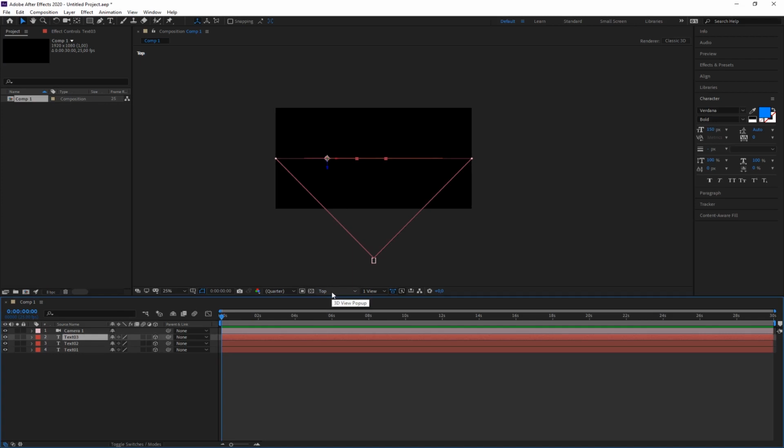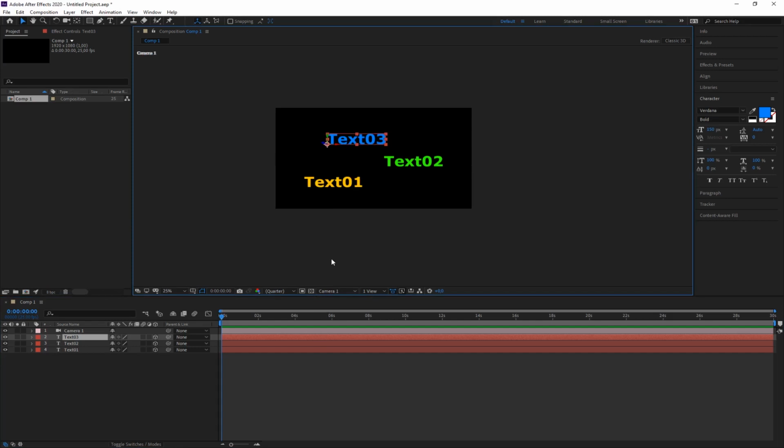So now if I want to see my actual camera view, all I need to do is switch into camera view. This view is exactly the same as the one we had before, but just by turning them into 3D layers, they appear in the camera just like they have been before. But the difference is now we can take those text elements, and if I look, for example, at text number